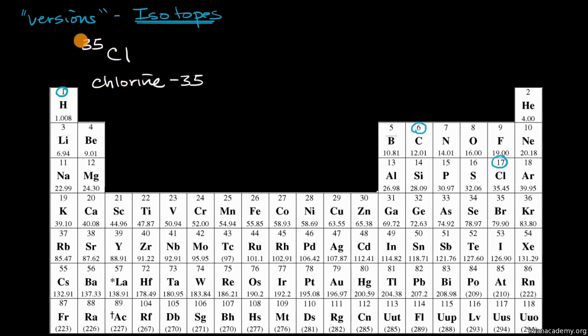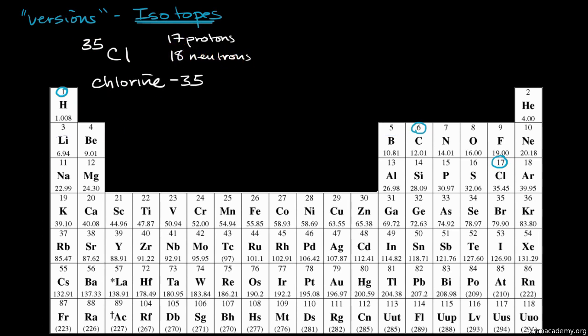Chlorine 35. And this isotope notation that you see over here, where we have 35 in the top left, that 35 is a sum of this isotope of chlorine's protons and neutrons. This number 35 is this isotope of chlorine's mass number. So if it has a total of 35 protons and neutrons, how many neutrons does this version of chlorine have? Well, it's going to have 17 protons. I know that because we are dealing with chlorine. So how many neutrons will it have? Well, 35 minus 17 is 18